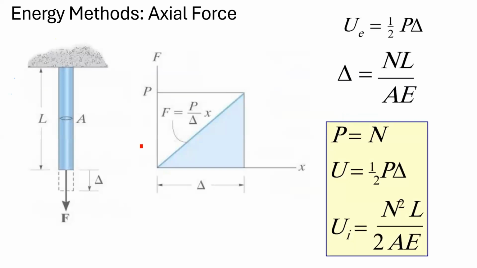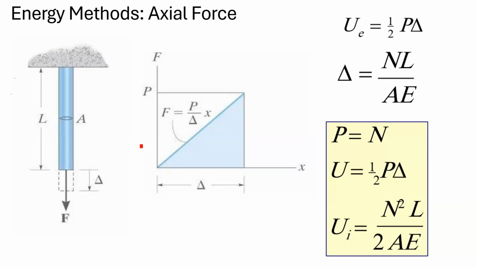Next will be the energy method. Energy method means the work done by the load is converted into the form of energy. Suppose you see an axially loaded member of length L and area A. Because of the force F, there is a displacement delta. If I plot the F versus delta load-displacement curve, because of linear elasticity there is a linear curve. Energy is the area under the curve, so the area under the curve is 1/2 P into delta.